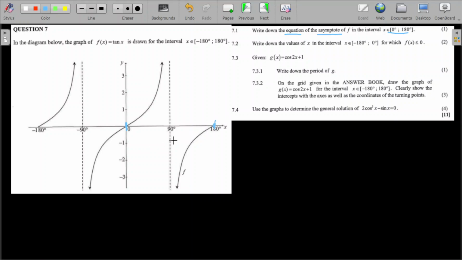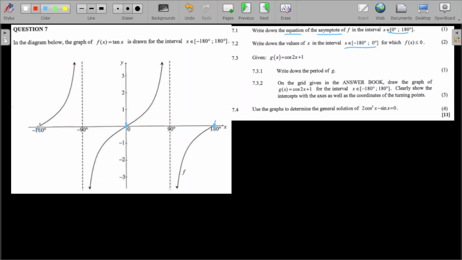I hope you people can see where the asymptote is. It's even written for us in terms of the dotted lines. So everyone got that one mark, I believe. Okay. Now write down the values of x in the interval